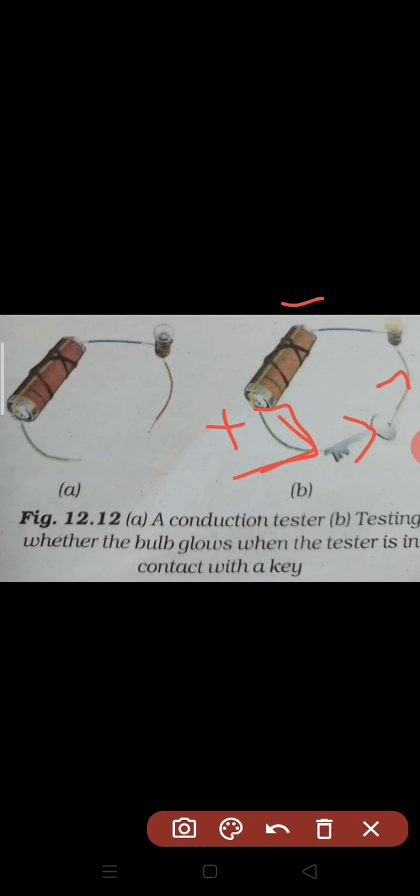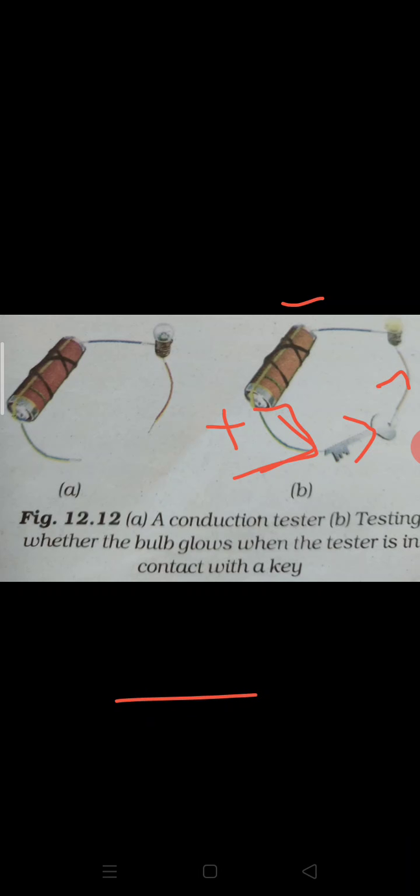Now from your previous year's book only, I am taking the activity that is given in your previous book. For your friends, you may set up a game. How steady is your hand? You will need a cell, an electric bulb, a metal key, two iron nails, one and a half meter long thick wire, and a few pieces of connecting wire.